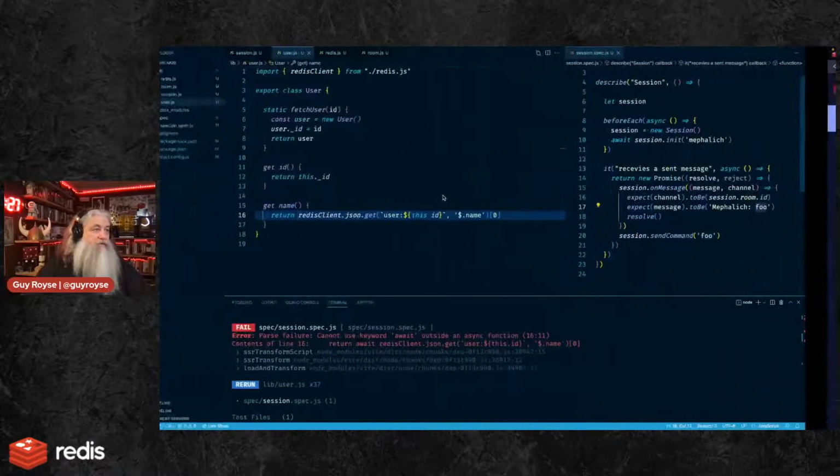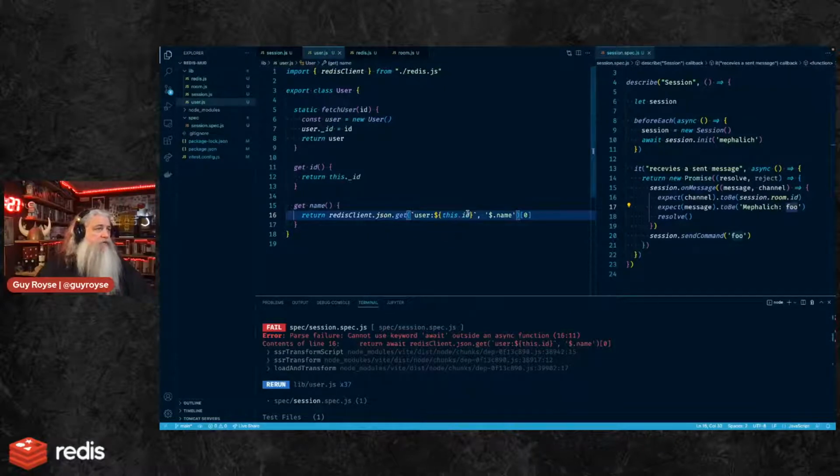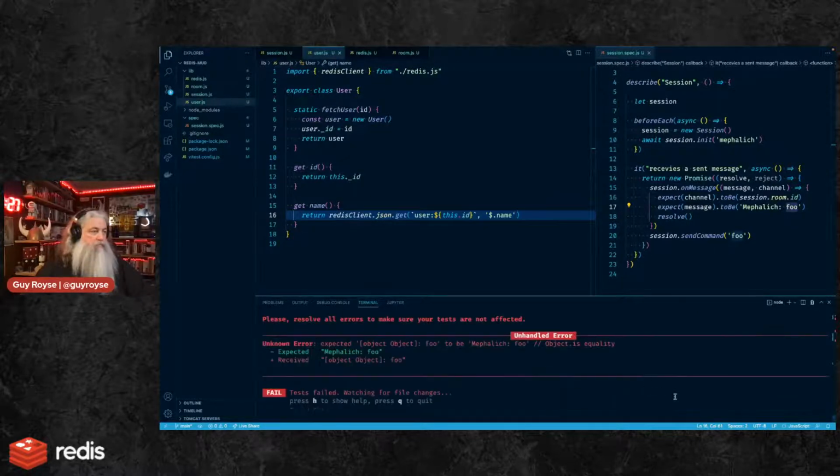I wonder if I'm just not querying the right thing. User:$this.ID. So that'd be user:methylich $.name. Bring an object.